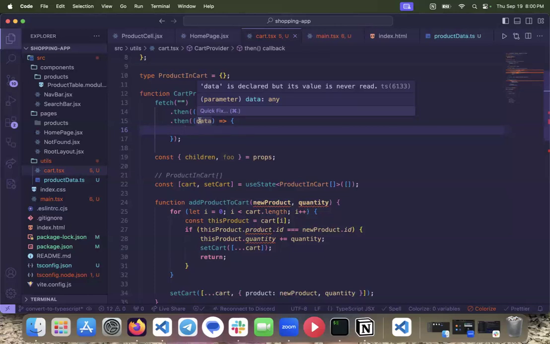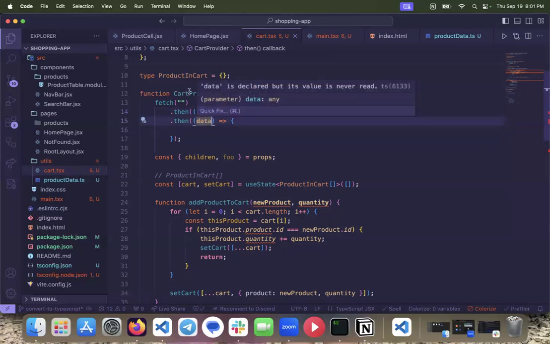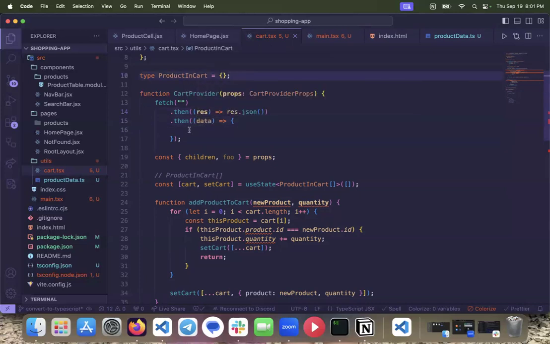If I make a change to the data that my API is giving me, I should be able to tell my code, okay, the API has changed, highlight anywhere that needs to be updated now that that data has changed. And so if I expect that this is an array of products that's coming back as my data from the server,